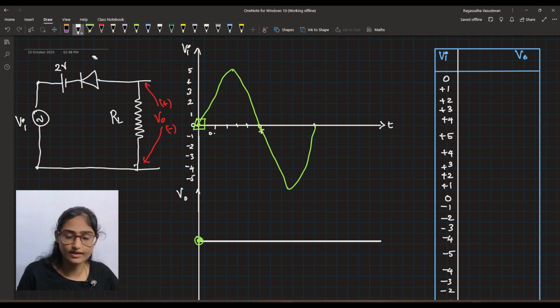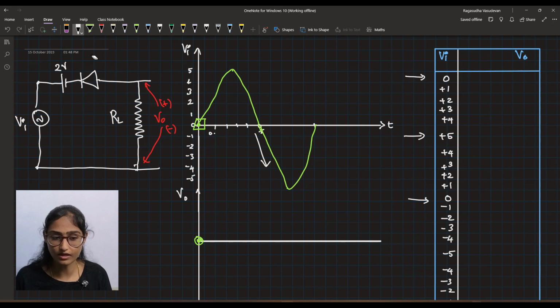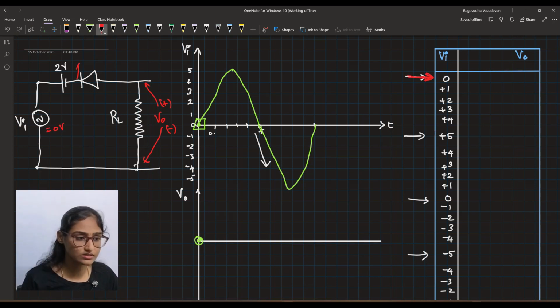So Vi is a sinusoidal input whose value goes from 0, 1, 2, 3, 4, then to 5, then 4, 3, 2, 1, again to 0, then from minus 1, minus 2, it goes in the negative part, then it reaches the negative maximum of minus 5, then again it comes 4, 3, 2, 1, and then 0. At 0, minus 2, this will be minus 2 volt,